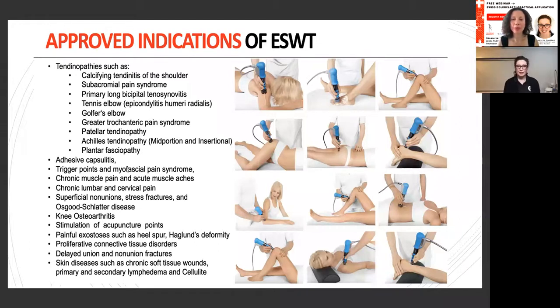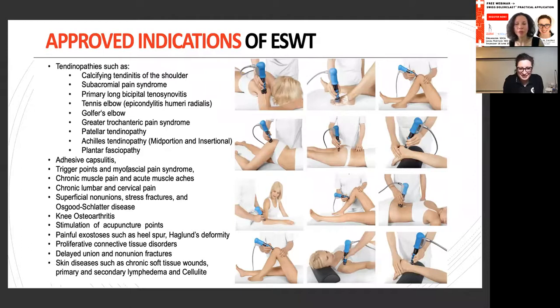Calcifying tendinitis of the shoulder, subacromial pain, long bicipital tenosynovitis, tennis elbow, greater trochanteric pain syndrome, patellar tendinopathy, Achilles tendinopathy, and plantar fasciitis, adhesive capsulitis, trigger points and myofascial pain, chronic muscle pain and acute muscle aches, chronic lumbar and cervical pain, superficial non-unions and stress fractures, and Osgood-Schlatter's disease, knee osteoarthritis, stimulation of acupuncture points and trigger points, painful exostosis such as a heel spur or Haglund's deformity,